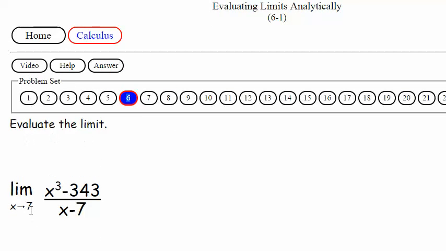We have evaluate the limit, obviously. We're going to take the limit as x approaches 7 of x cubed minus 343 over x minus 7. So let's move over to the whiteboard and take a look at this guy. So bringing up the whiteboard,